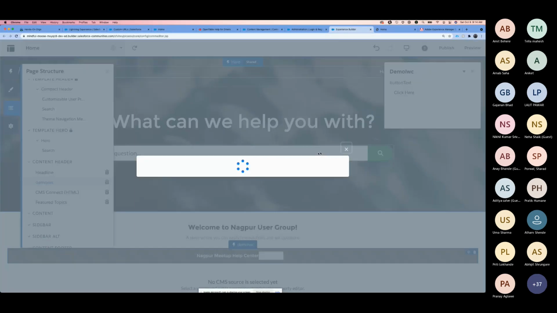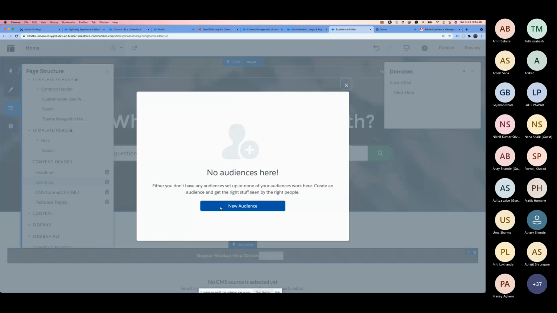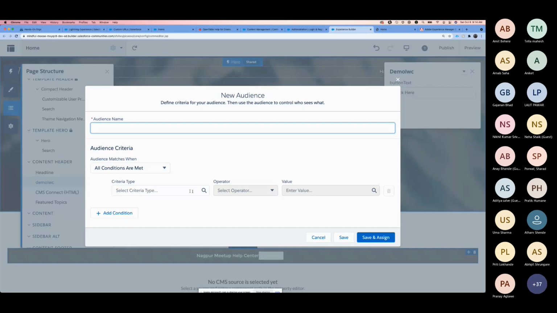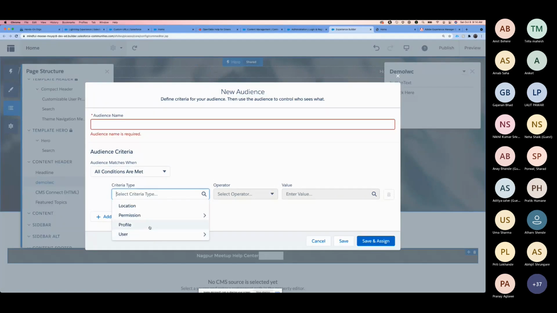Audience is a feature where you decide, based on profile, that only these users will see this component. This is how you define the audience and they will be able to see it. So usually for hiding any component, whether it's a standard or custom component, if it's profile based hiding, then you can use the audience. Otherwise, you can add that logic in your component.